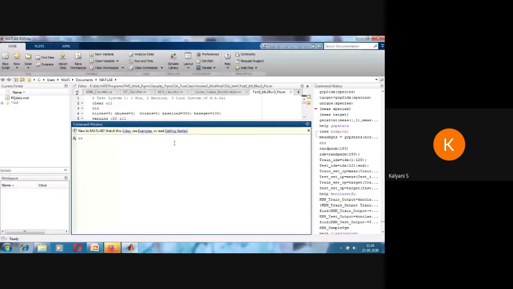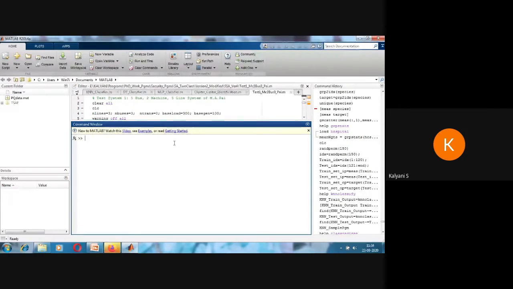So whatever concepts we have seen before the break, all that machine learning are mainly the five important tools: KNN, MLP, SVM, decision tree, and K-means. I will give you a live demo with some sample data set, and I will run a full program with a lot of data sets and show you how that program runs and how the results are interpreted.